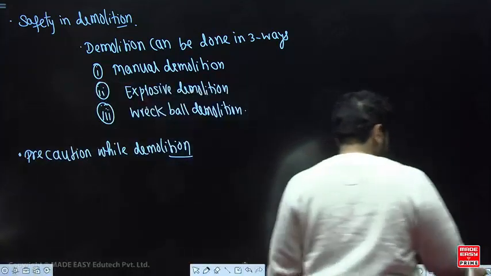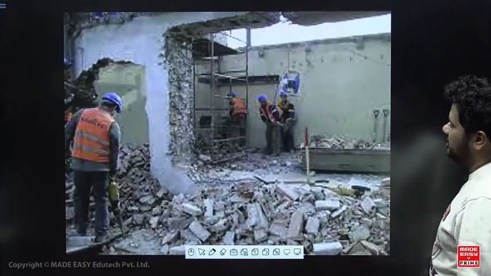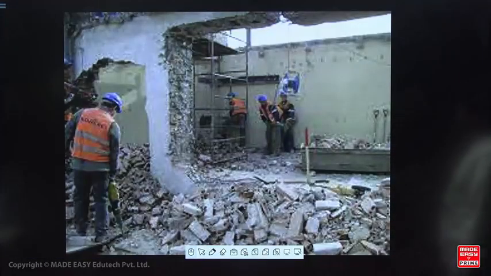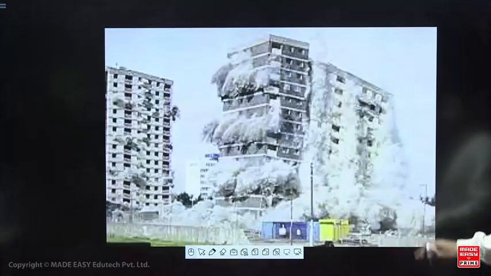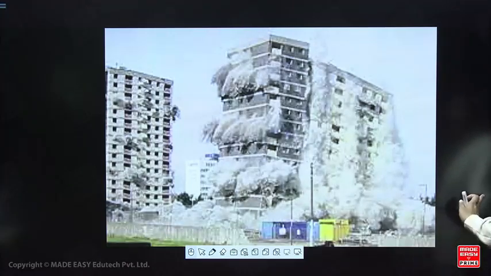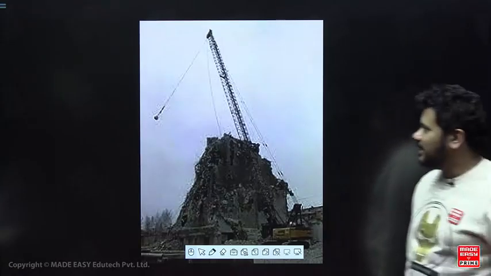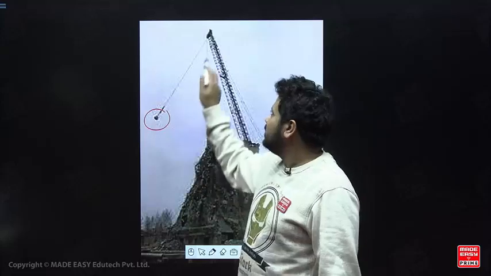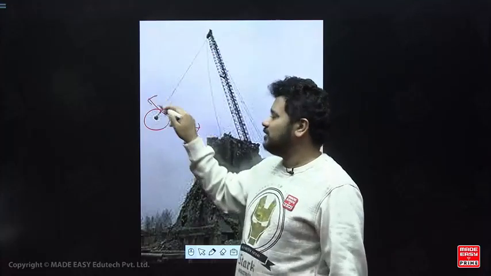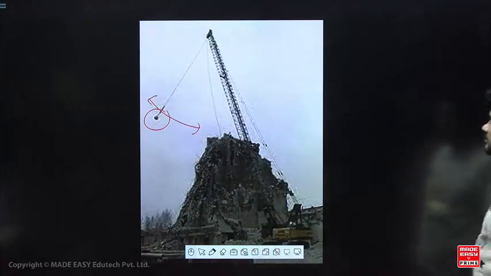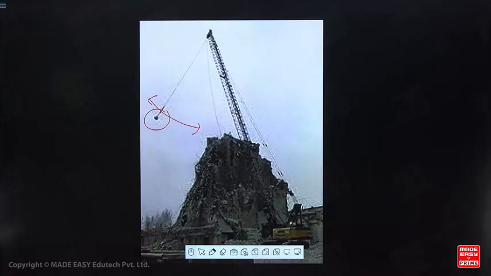some slides. ये देखो. This is called as manual demolition, right? So this is your manually, the person is demolishing some building, manual demolition. This is your explosive demolition, correct? They will use explosive to demolish. This is your rake ball. So you can see that there is a steel ball, right? So it swings, pendulum की तरह it will swing and it will hit the floor or the building and it will break, right? Okay,